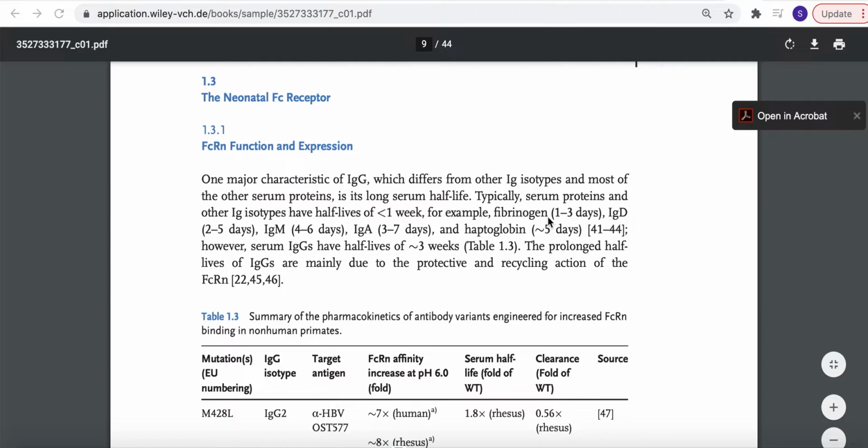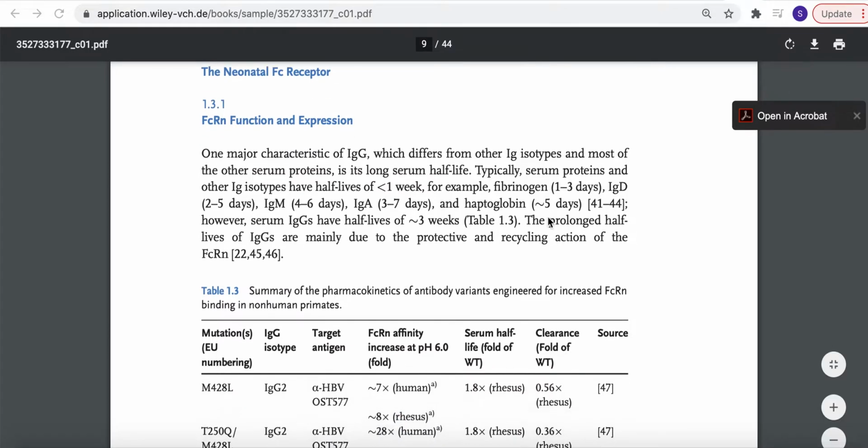One major characteristic of IgG, which differs from other isotypes and most of the other serum proteins, is its long serum half-life. Typically, serum proteins and other IgG isotypes have half-life of less than 1 week. For example,